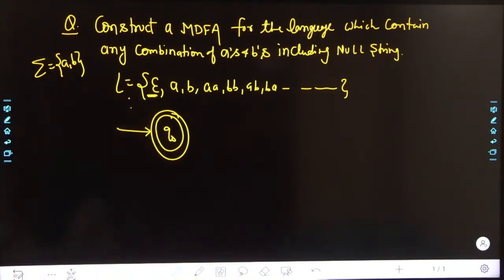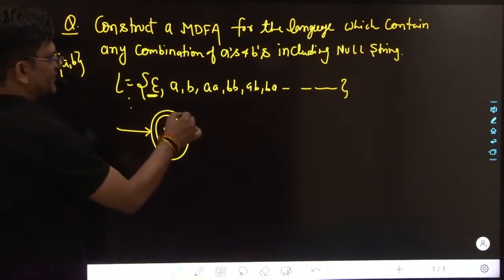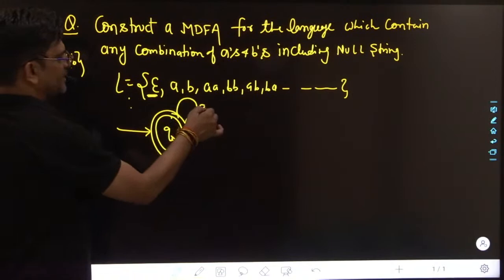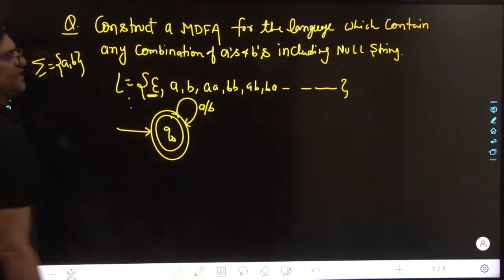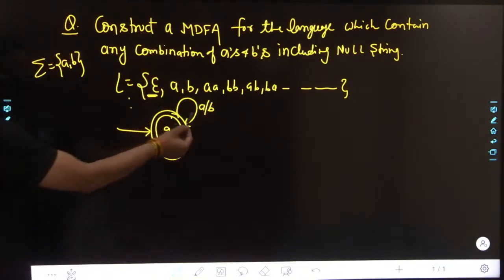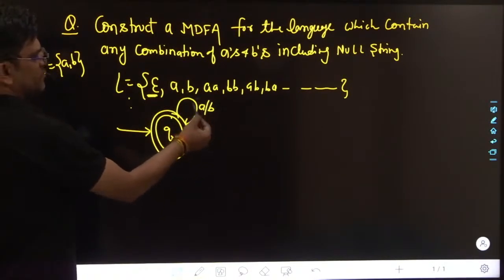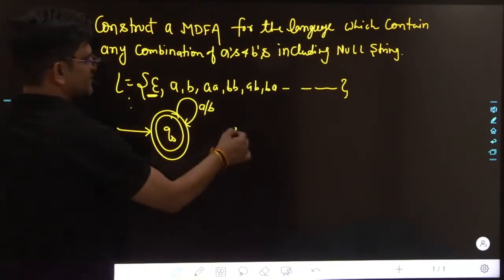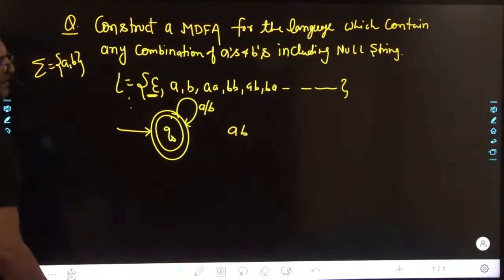Always initial is final. Now it contains any combination of A's and B's, so we can make a loop with A or B. We can take any string with the combination of A and B. Suppose we have a string AB. So how